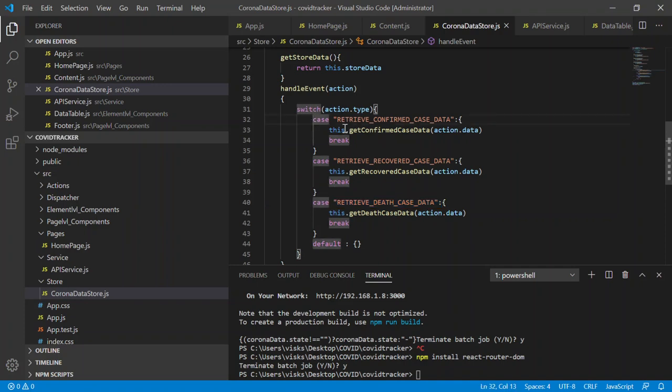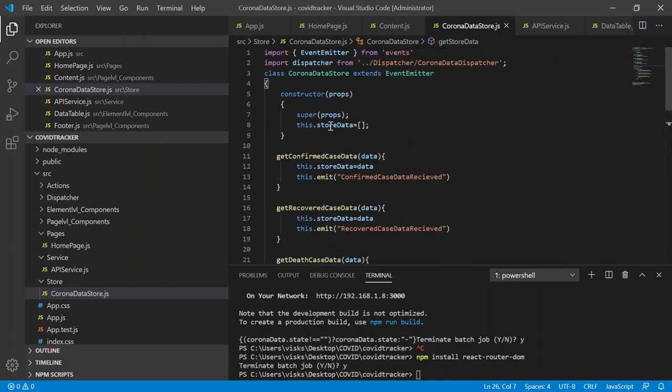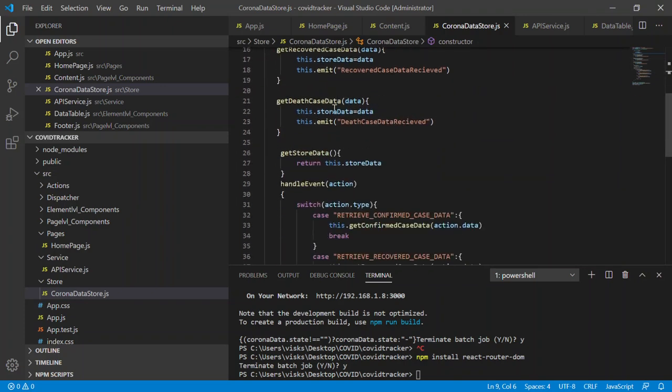So we are gonna go to this case. In the switch case, we're gonna have all the triggered store events. So we come here and then we say this is a triggered event now. So perform this one and then break from this loop. So this is gonna go to this particular method with this data. This data is coming from the action, which is all the data coming from the backend. So we come here and then we say set this data, whatever data you got, into the store's data. Store data is empty in the beginning. We have nothing here. So what we're gonna do, we're gonna set there all the data which came from there into the store data, and then we're gonna emit